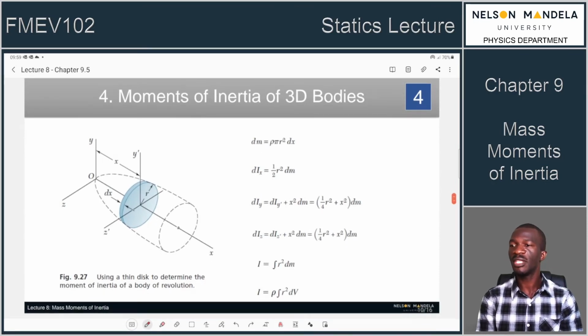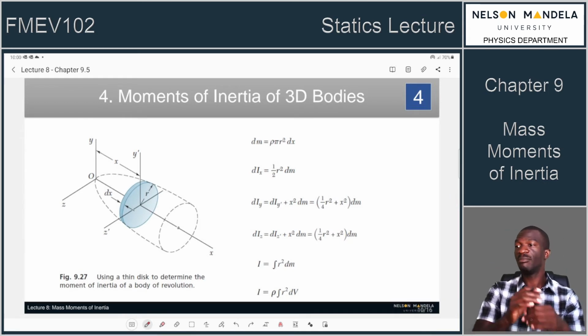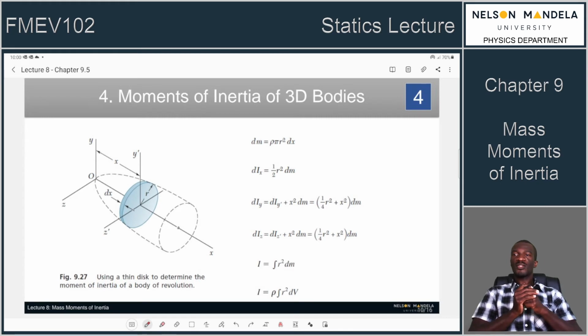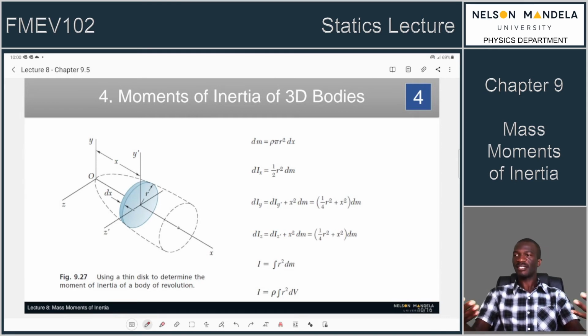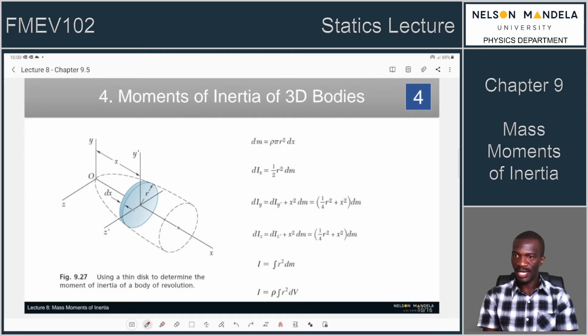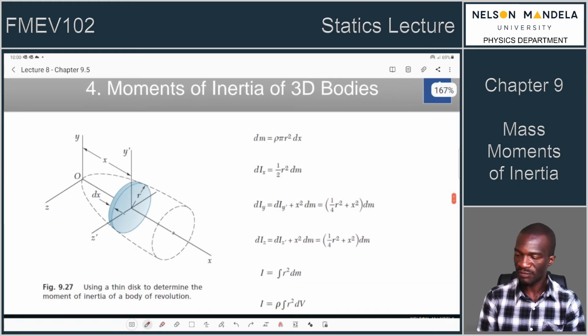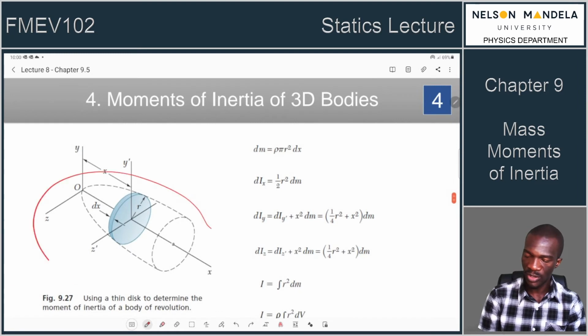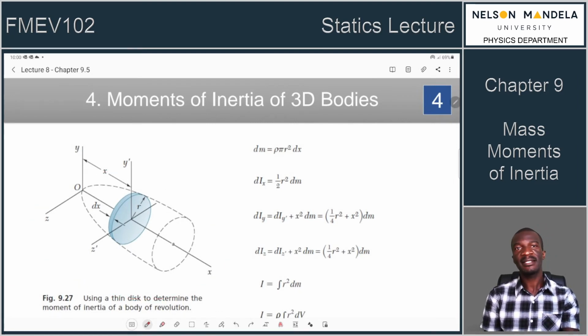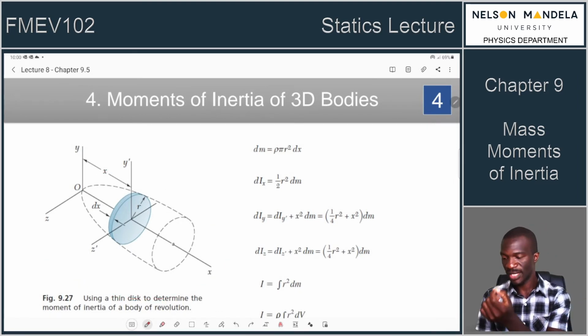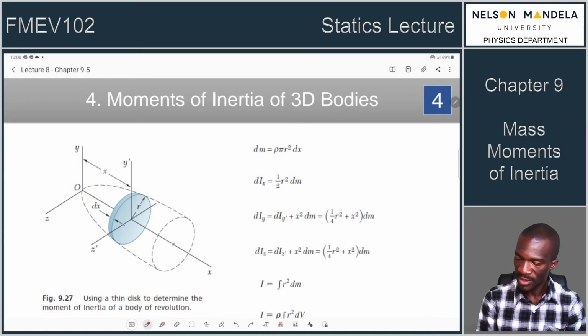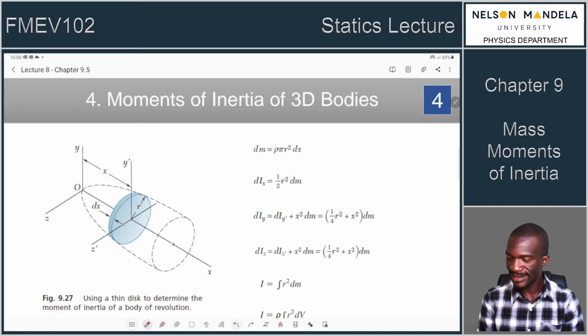Now let's move to the fourth concept. The fourth concept is on moments of inertia of 3D bodies. If we have some body that has an analytic function that defines its geometry, then we can now take advantage of our integration. The 3D body would be described by some mass element, and then we can scale up the mass element. This mass element that we need to integrate is obviously given by